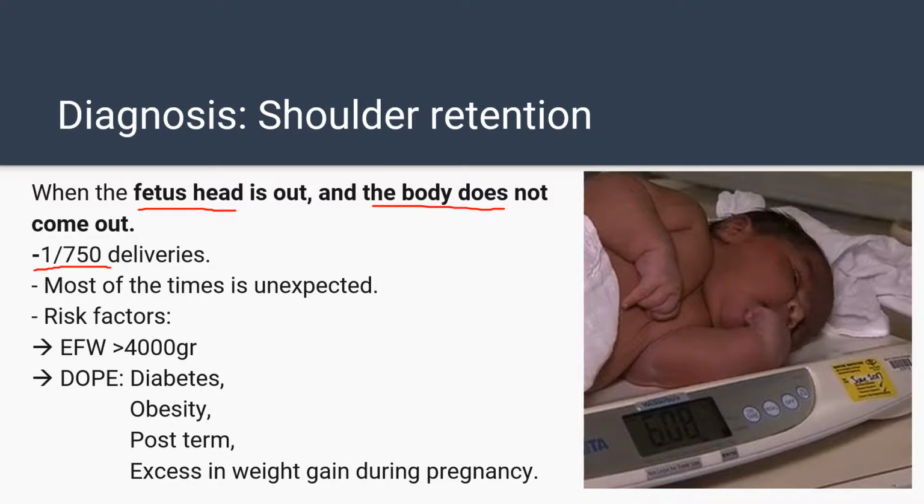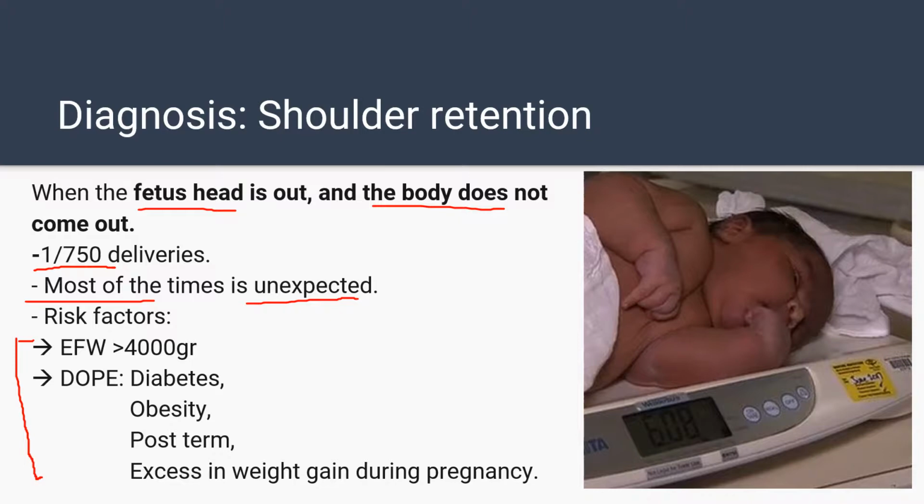The prevalence of this pathology is 1 in 750 deliveries. This is the global prevalence, but here in Kenya I think it's less than this because the babies weigh not too much and we do not have too much macrosomy. Most of the time it's unexpected. Maybe there are a lot of different risk factors that I'm going to show you, but most of the time you cannot expect it, and it's only because the mother has a very narrow pelvis, or maybe this baby has a very big shoulder and bone prominence. So maybe the patient cannot have any risk factor and you can have this problem, so you need to be